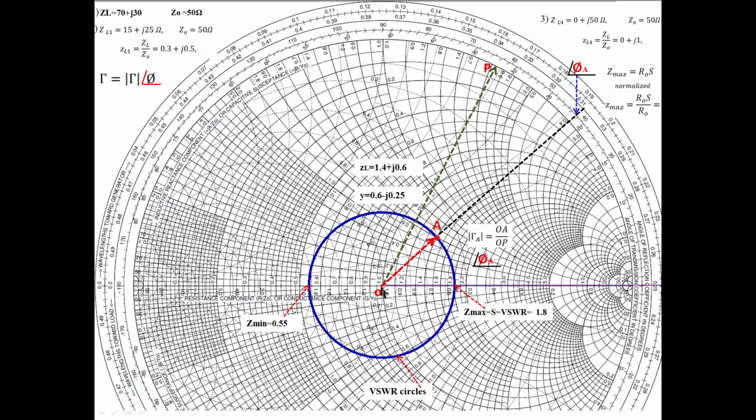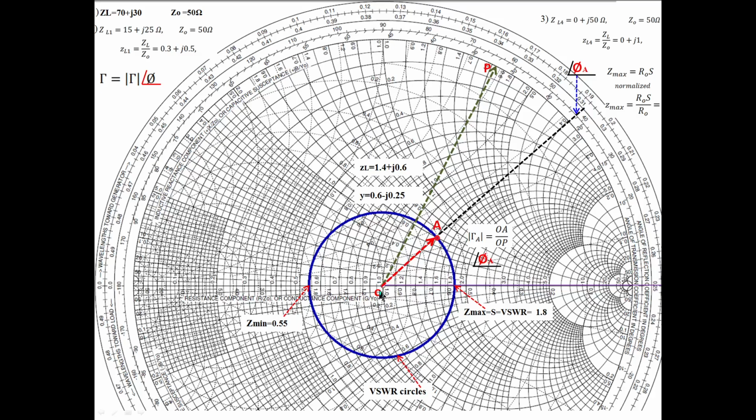You measure the distance again from here to the load point. What is the OA? Centimeters again. Take a ratio, that gives the magnitude of this reflection coefficient. And then the angle. For any load that is given, you have to do that. Actually, one more method is there, that is using the radial scale. There is a radial scale at the bottom of the Smith chart, that I will tell you later, because that needs dropping a line from the load point to the radial scale. Sometimes if the line is inclined, then it is difficult to identify the correct value. That's why I am telling this method.